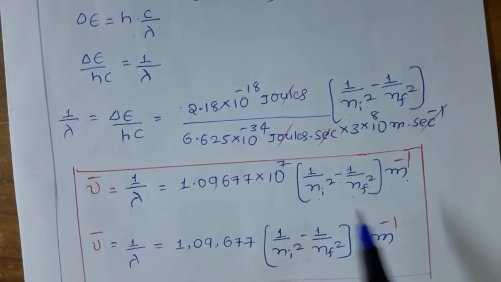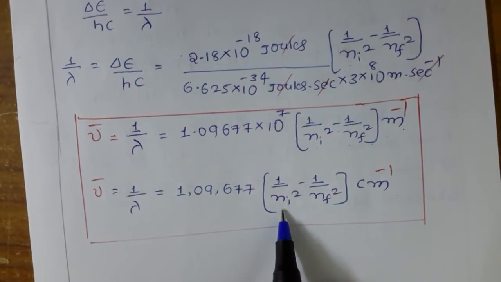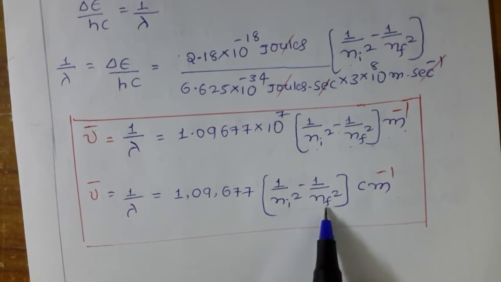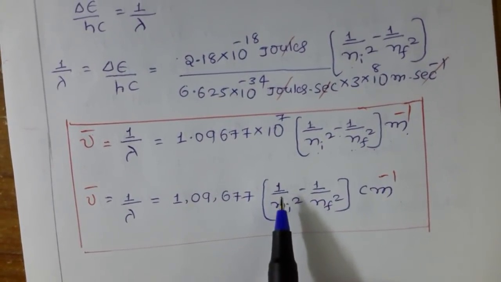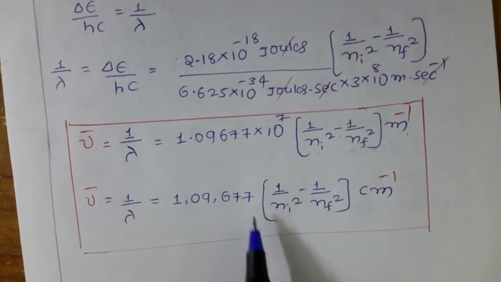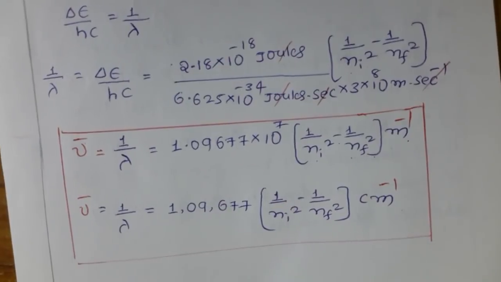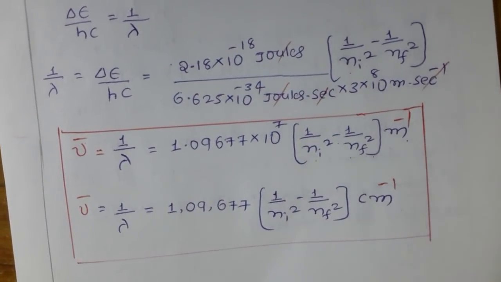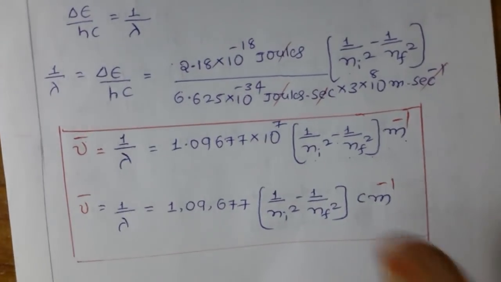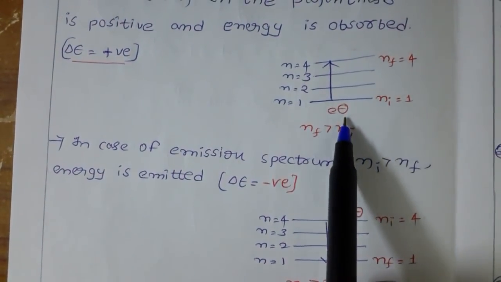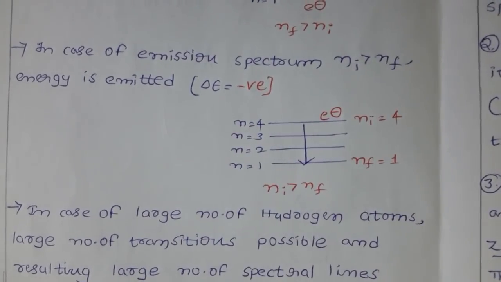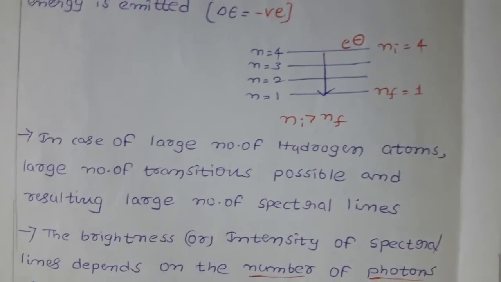Why? Because if you see the equation, in the case of emission spectrum, the initial value is less. For 1 square, now it is going to start from the fourth orbit, so 4 square means 16. Instead of 16 minus 1, you get 1 minus 16. So the total term becomes negative. Ultimately, if you calculate delta E, it will come negative. How you are going to calculate delta E, I will show in the numericals. So you have to remember, in the case of absorption spectrum, delta E is positive. In the case of emission spectrum, delta E is negative. Next point, what we have?